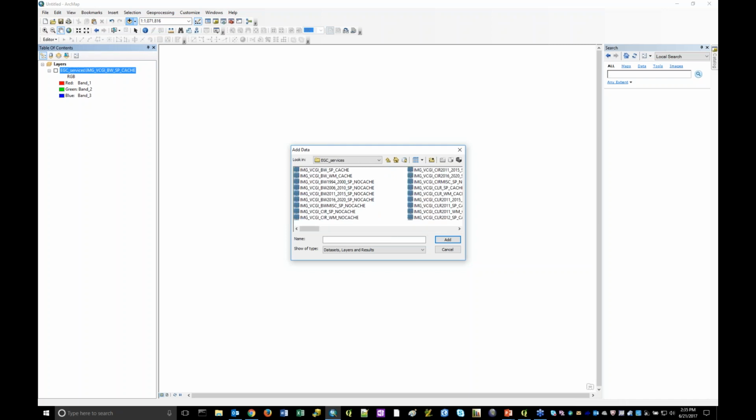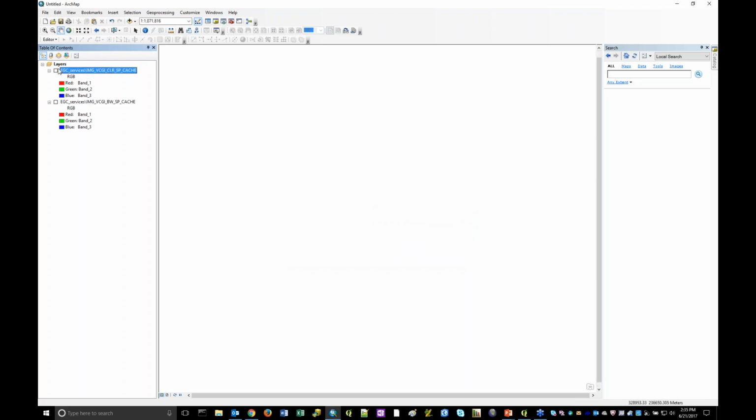I can go there. I can go under EGC services. There is some logic to the naming here. BW is black and white, CIR is color infrared, and CLR is for color. You'll see SP, that means state plane, WM means Web Mercator. Generally speaking, it's best to use whichever projection matches your data frame. Many are probably working in Vermont state plane, so you would want to select that. So in this case, I'm going to add the color imagery,